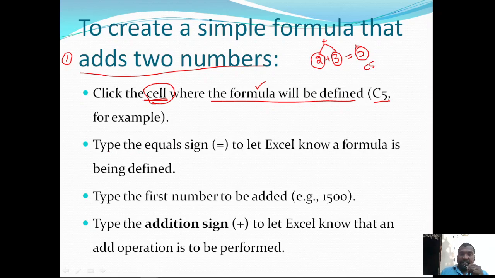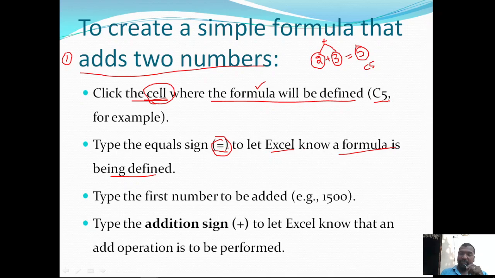Click on that particular cell, then type the equal sign, to let Excel know a formula is being defined. If you write an equal sign while entering data into the cell, then Excel will understand that we are going to define a formula.